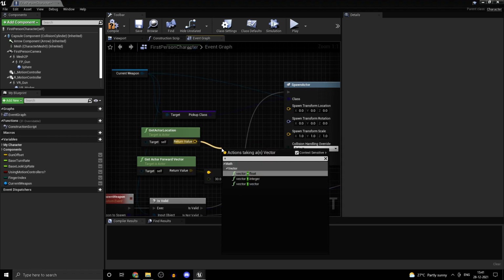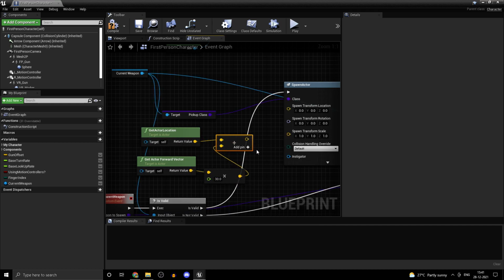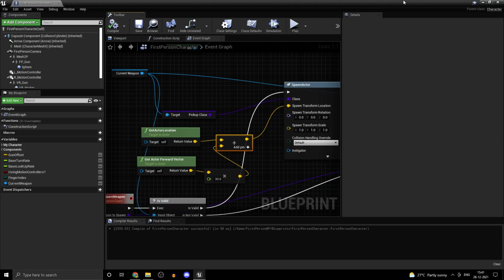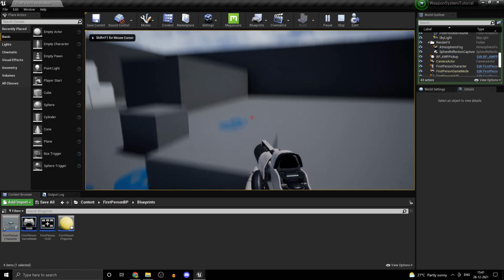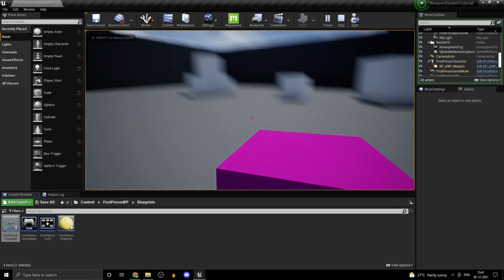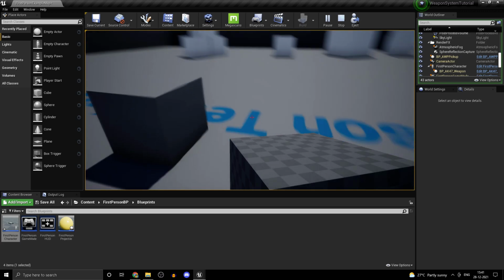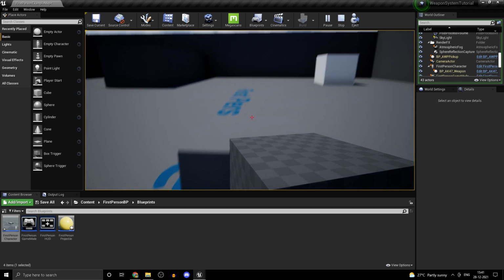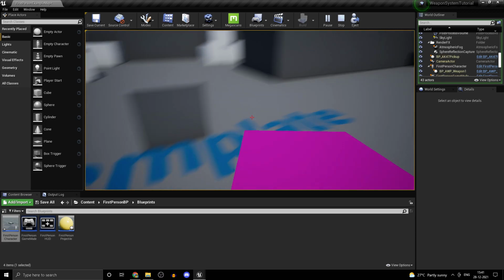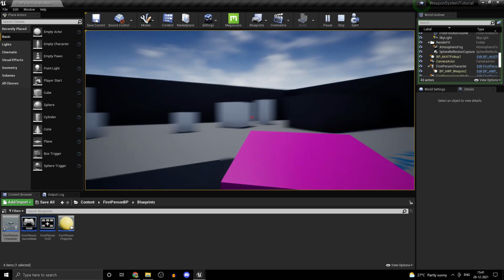So we are going to do vector plus vector location. What we are doing is we are just spawning this 30 units in front of us. That's all we are doing. Nothing fancy in this. So spawn the arm, and we didn't spawn any pickups, and we spawned the pickup again. So now if we pick this up, technically we should get back an arm. So as you guys can see, we just created the weapon system.